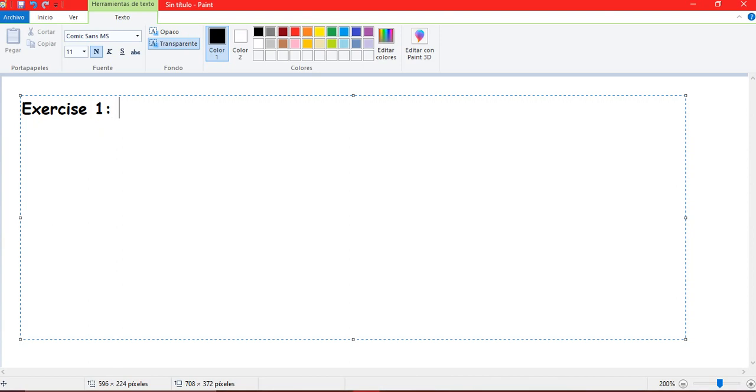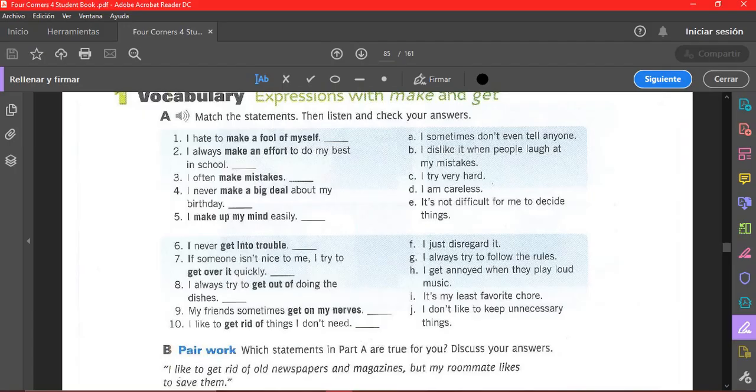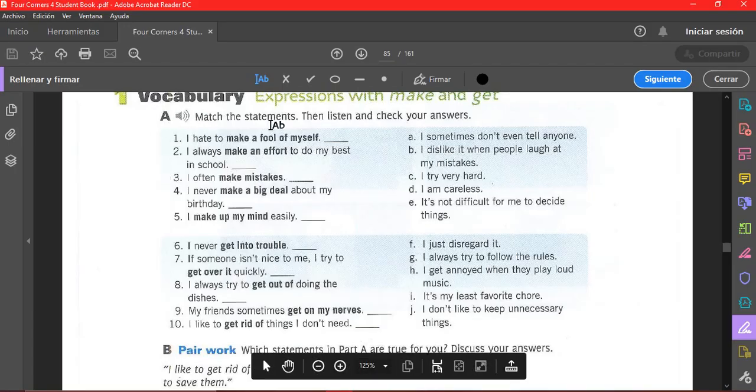Exercise 1. Do exercises A and B of lesson C, page 77, sorry. Okay, this is the first exercise. This is exactly exercise A, match the statements with the correspondent and